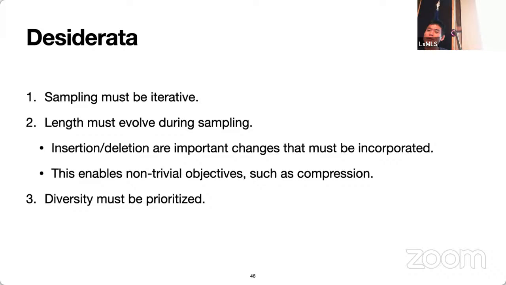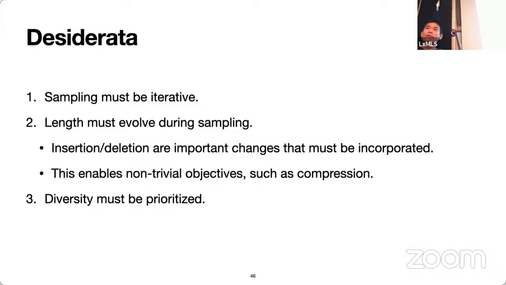The second one is that the length must evolve during sampling. Now you've been listening to all these amazing NLP researchers, so you think, that's so natural, right? Of course length has to change. But when you talk with other people who actually haven't worked with natural language or audio or whatnot, to them everything has to be fixed. In particular, for people who have been working with Theano and TensorFlow, changing length is just a horrible sin. It's very difficult. But then, of course, in the case of biology, and in particular for proteins as well as small molecules, the length or the size has to evolve during the process of sampling.